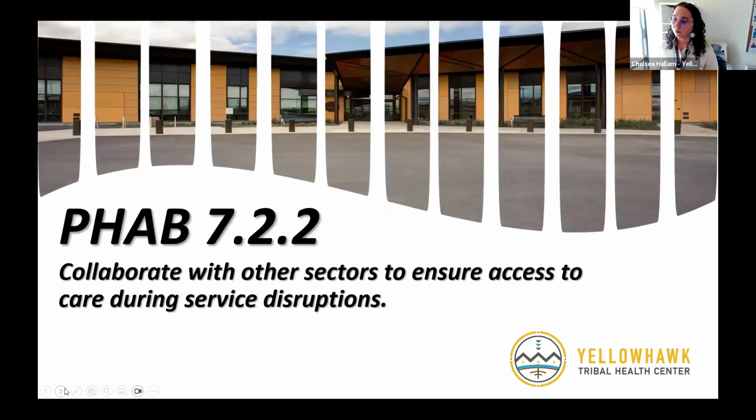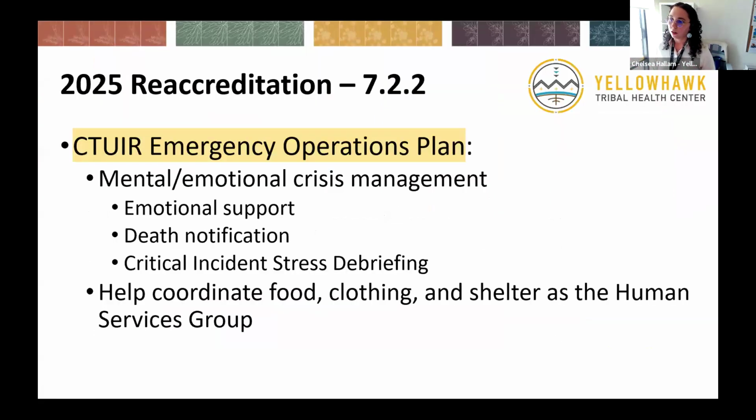And then for the last measure within Domain 7, we are using our tribal emergency operations plan. Yellow Hawk is within the Confederated Tribes of the Umatilla Indian Reservation, and their emergency operations plan identifies us as partners, and we went through the process with them on a number of services. But in terms of social services, we're under ESF 6, and we're identified as being mental and emotional crisis management